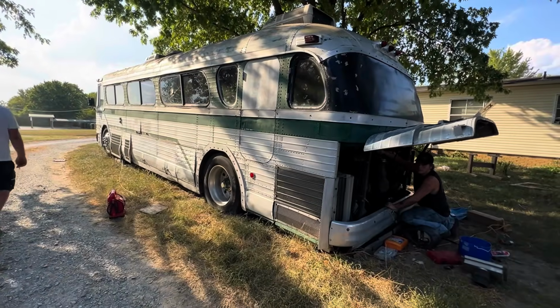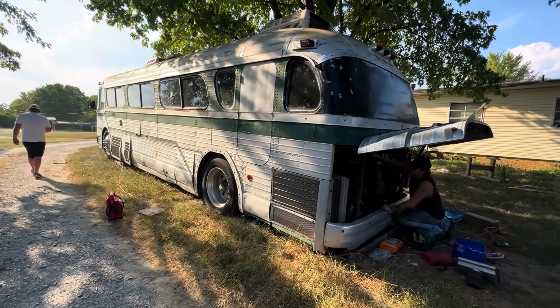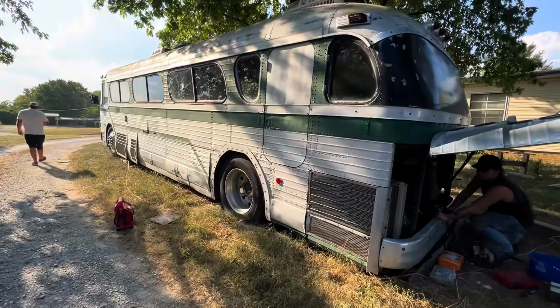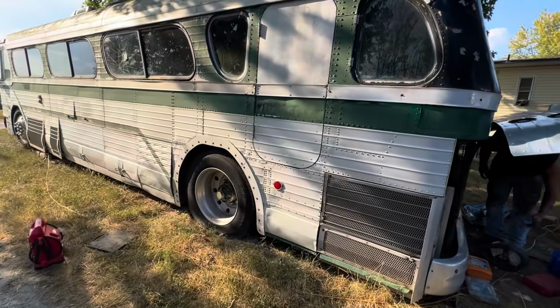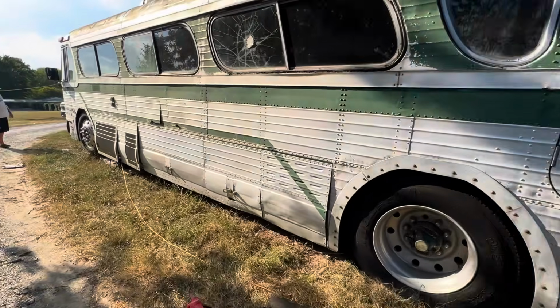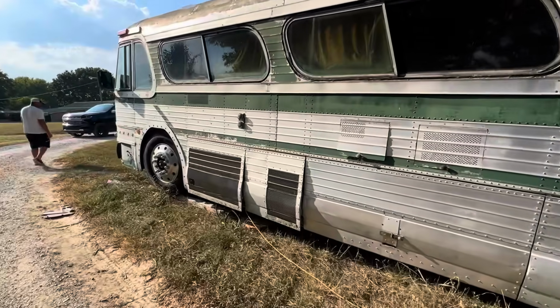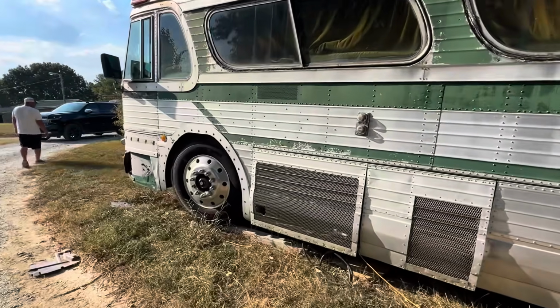They just have one small car battery in this thing, and it's dead. It's like 11, I think it was 11.6, so very, very dead. And with the jump pack here, we're going to try and start it, but I don't have a lot of high hopes with it. I figured it had two decent batteries in it since it did run, that we'd be able to start it up. So clearly we'll see what happens here, but let's just take a quick tour of the bus